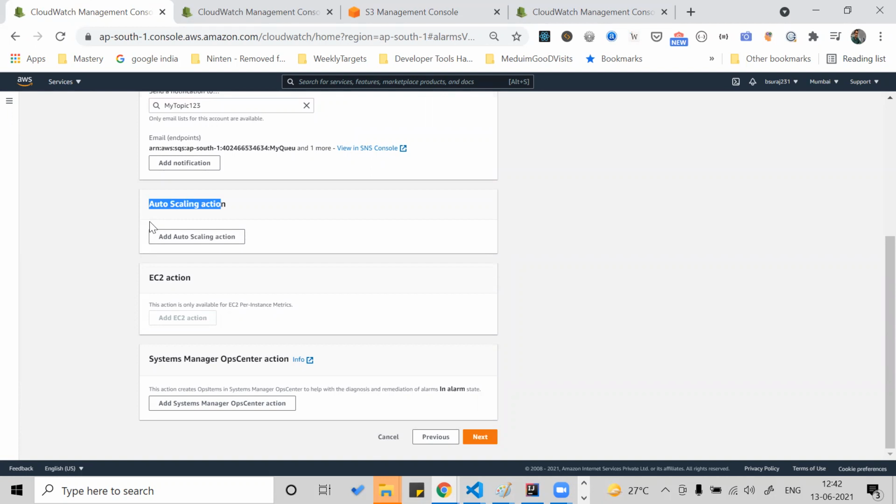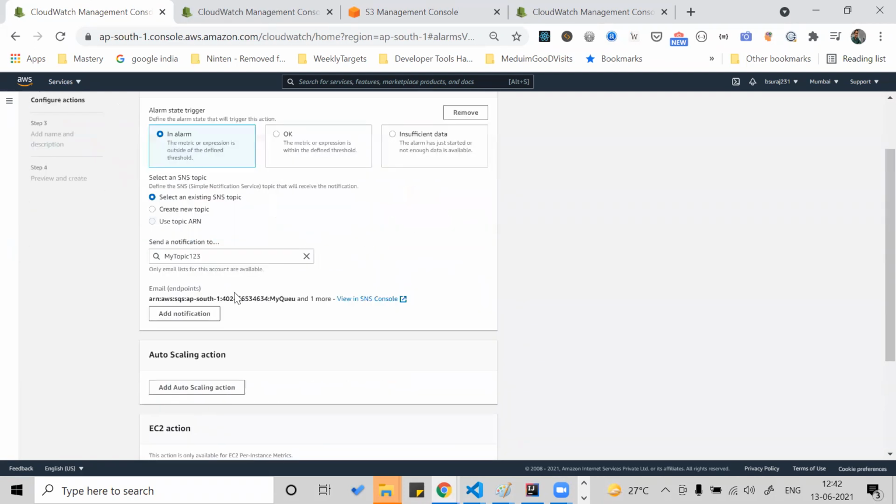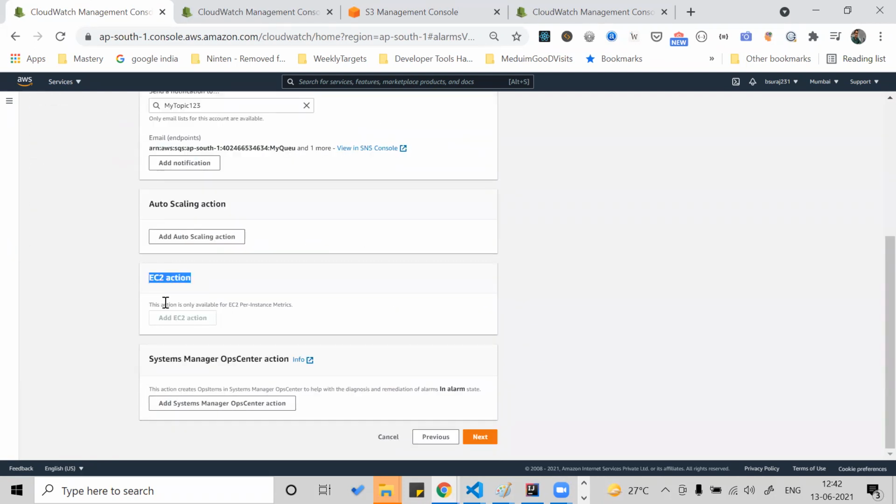If you have an auto scaling group with EC2, because of any event you want this many servers to be online. You can set those many EC2 instances with auto scaling. Currently the EC2 action is disabled because we are selecting this type of resource. But because of this alarm, you could increase the EC2 count in the Mumbai data center. That also you can do.